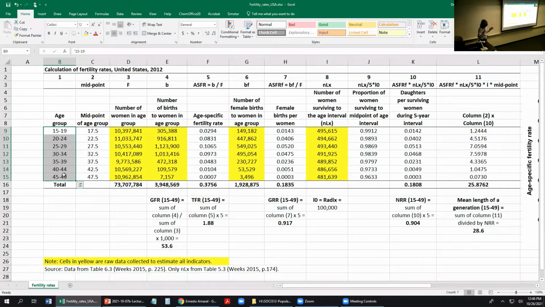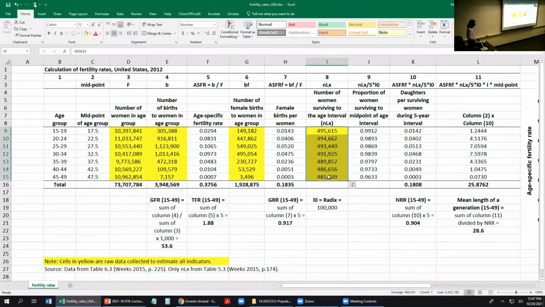These two sets of columns are the main ones that we want to use, but we also go a little further by asking: out of these babies that were born to all these women here in 2012, how many of them are baby girls? Out of 305,000 babies born to women between 15 and 19, 149,000 were girls. And